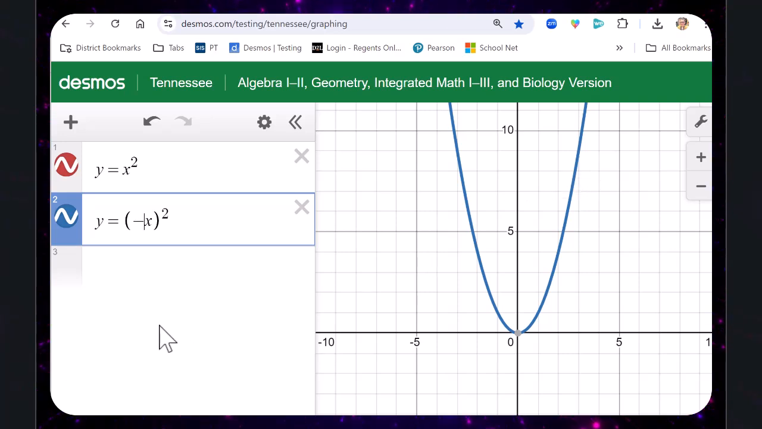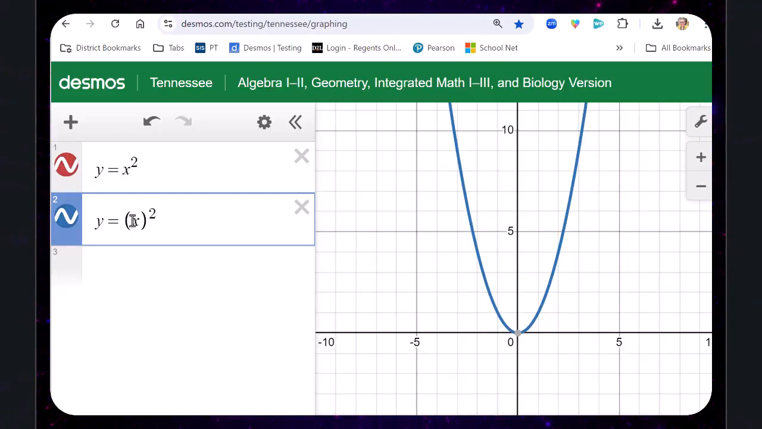So if you reflect a quadratic function over the y-axis, you cannot see it in the graph. You can only see it in the function itself. So that's very important. Okay, and last but not least, we're going to talk about the vertical stretches and vertical